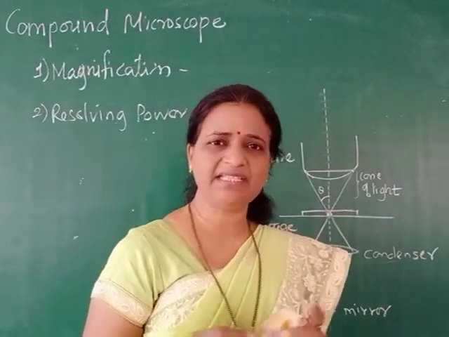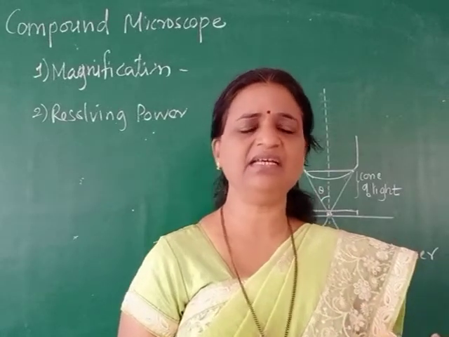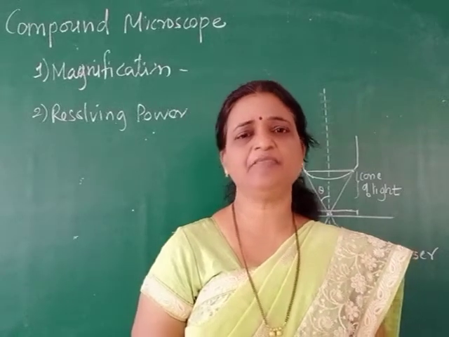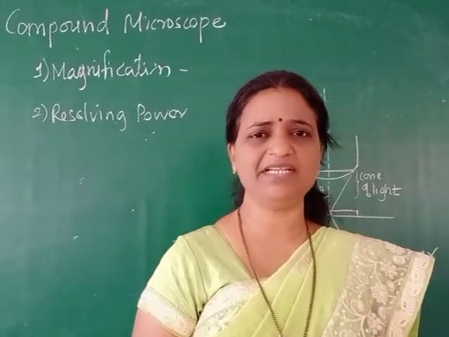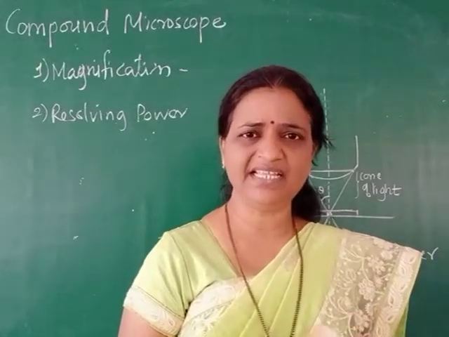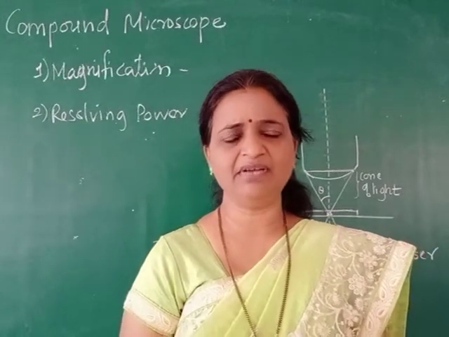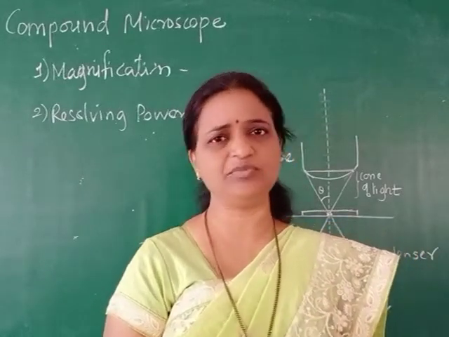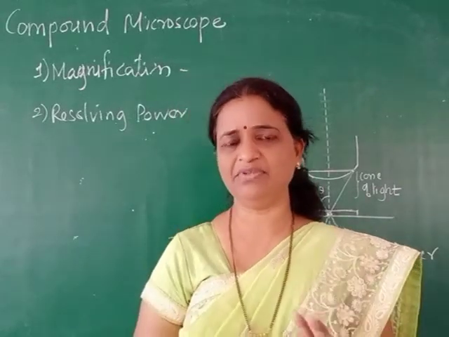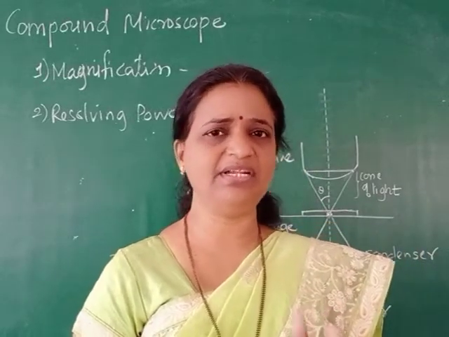And when you magnify any image, suppose you have a photograph and you magnify that, then there may be loss of detail, or that image may get blurred. There may be loss of some details during the magnification. So retaining all details after the magnification is called resolution. When you magnify an image, you should have all details of the image, and that is called resolution. So resolving power and magnification are the two important parameters which decide the quality of the microscope.